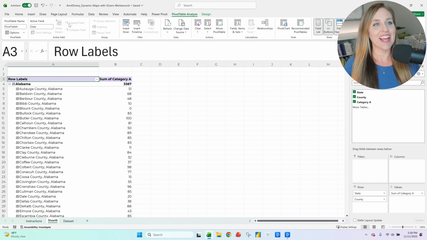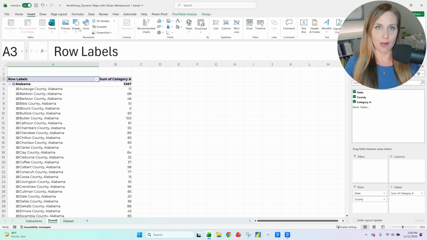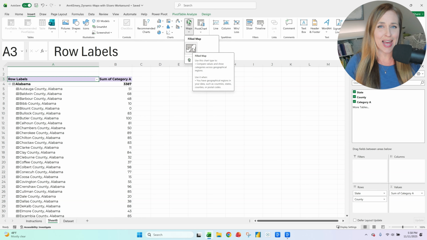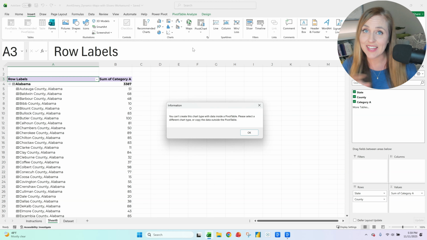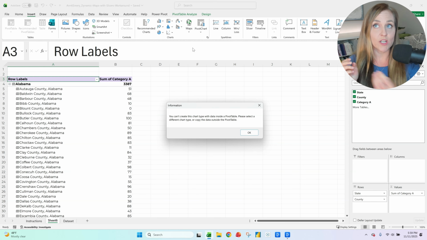Now let's try adding the chart or map. So regular charts are going to work just fine. Let's see if maps work. Oh, let's see. Do you know what's going to happen? Excel says, you can't do that. You can't link a pivot table to a map, which would make it seem like you can't use maps in